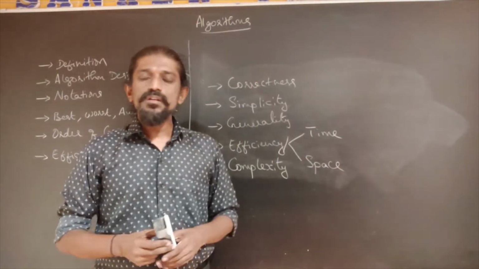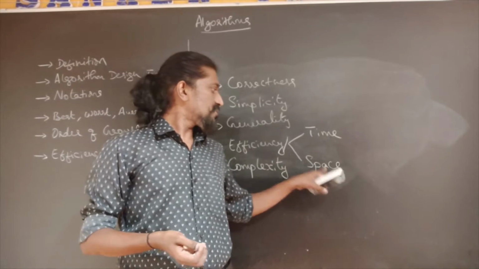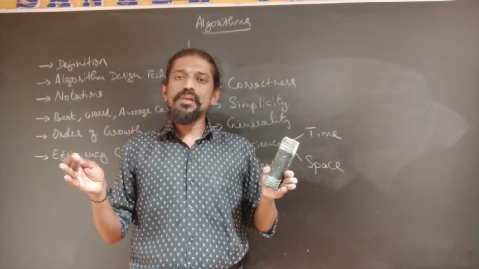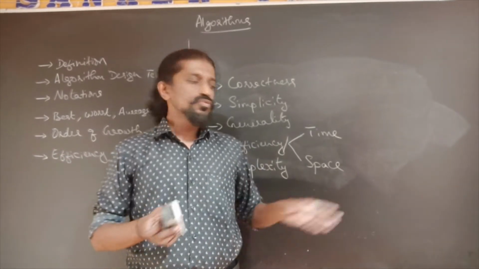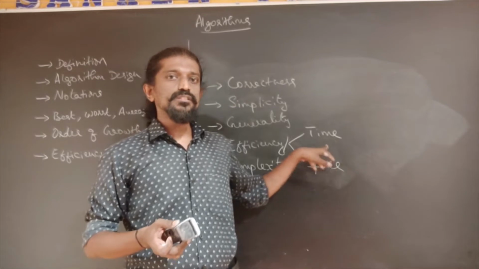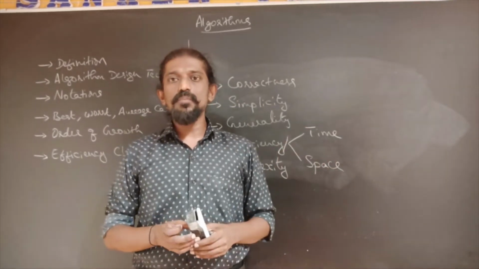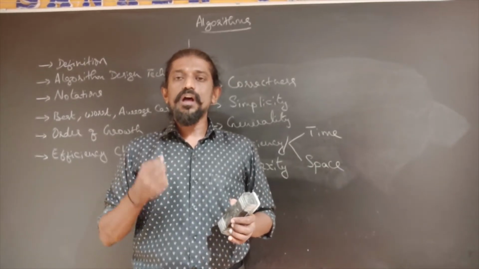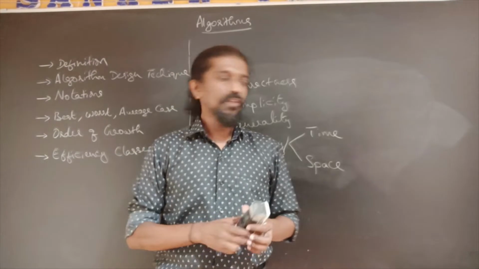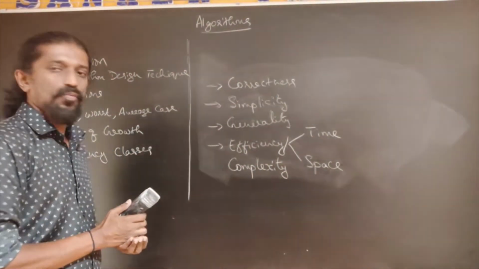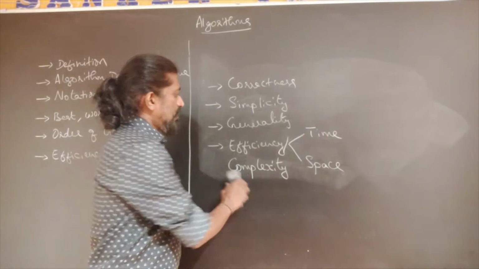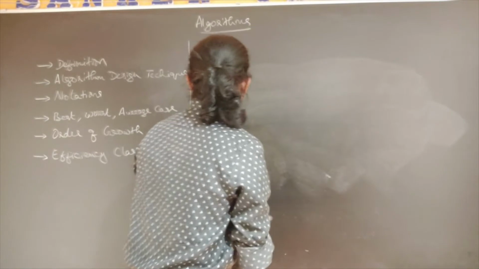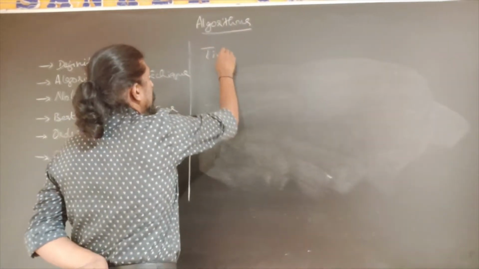And nowadays, due to the technological advancements, space is not a constraint as it was in the earlier days, because memory is available at a much cheaper price. So therefore, most of the time you may not be interested in space efficiency, but still time efficiency is very, very important, because there is a large category of algorithms which don't give output in an acceptable amount of time even today with any of the algorithm design techniques we have. So therefore, we will restrict our discussion to time efficiency.